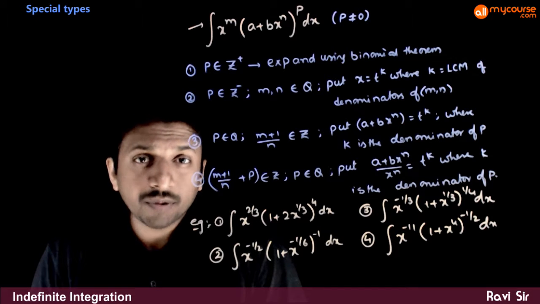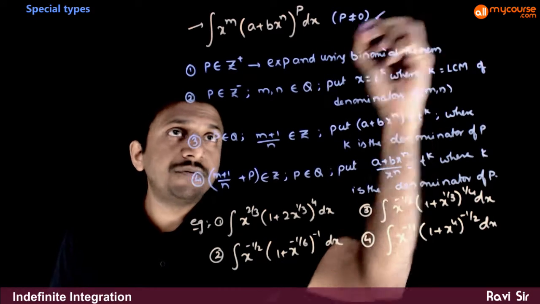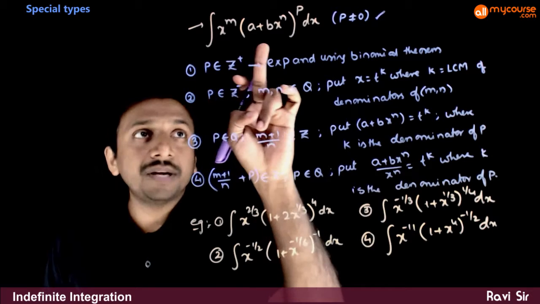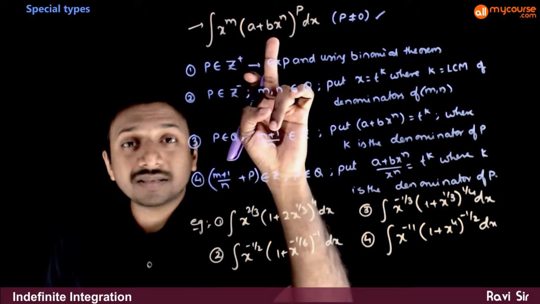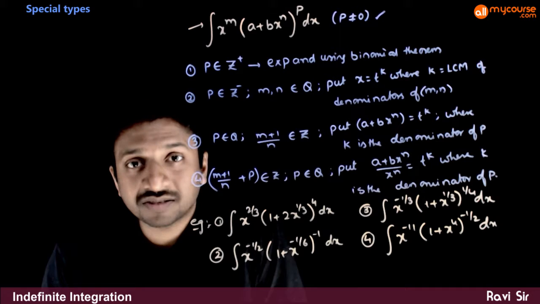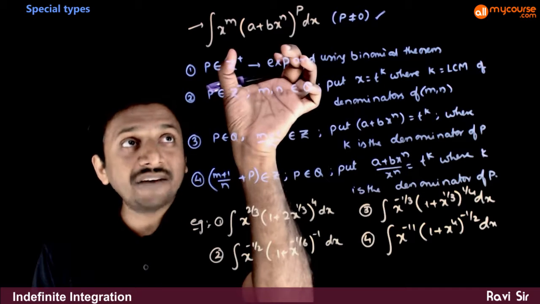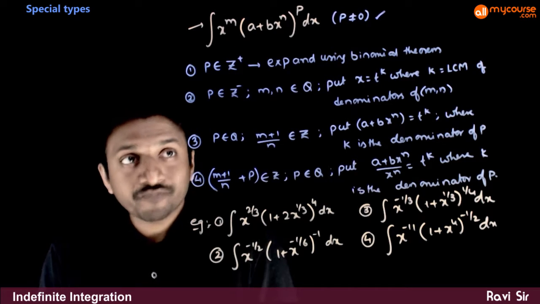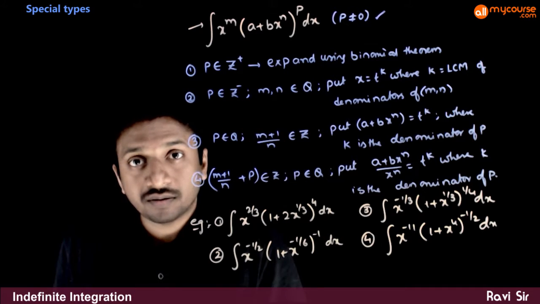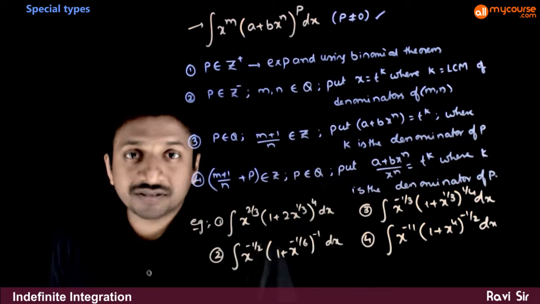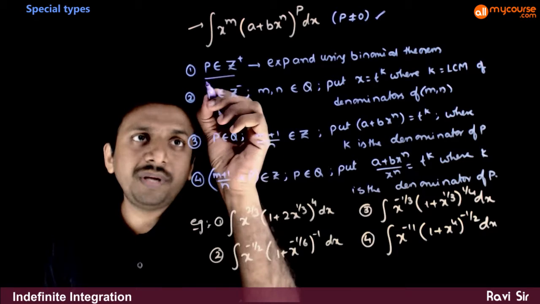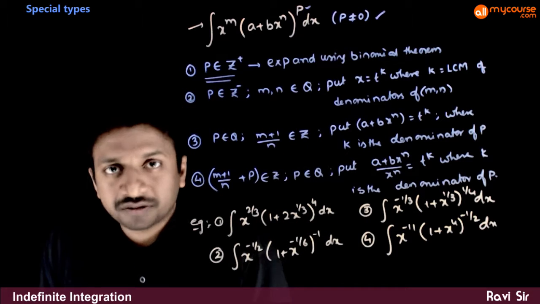In special type number 3, let us look at integrals of the form integration of x power m into (a + b x power n) whole power p dx. So if you have an integral of this form, you have 4 different cases where you need to do 4 different things. So first, if p is a positive integer,